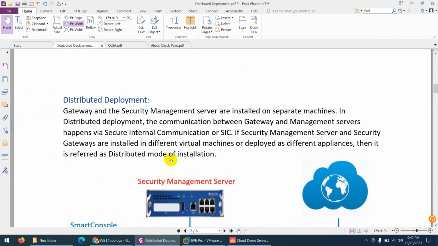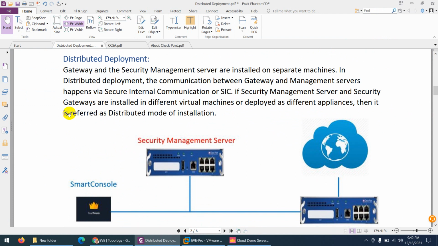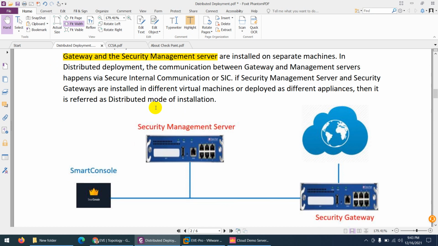Check Point firewall next generation deployment. The first one is distributed deployment. When you install gateway and security management server, I just told you these two things. Normally we call them SG, and the third one, SMS.